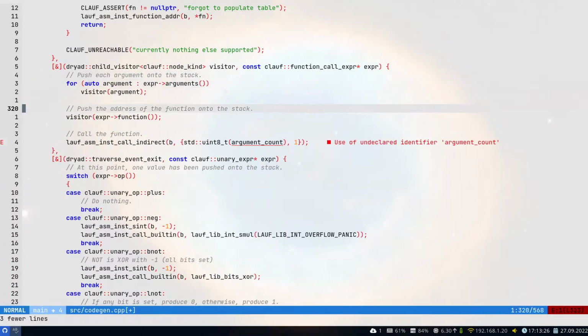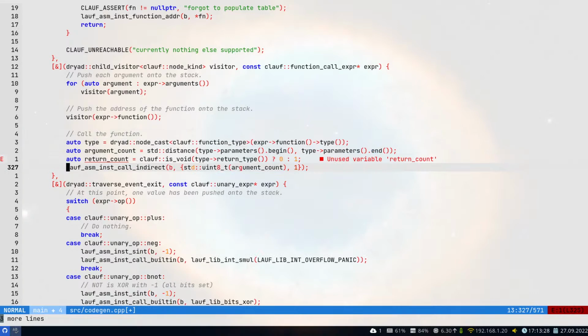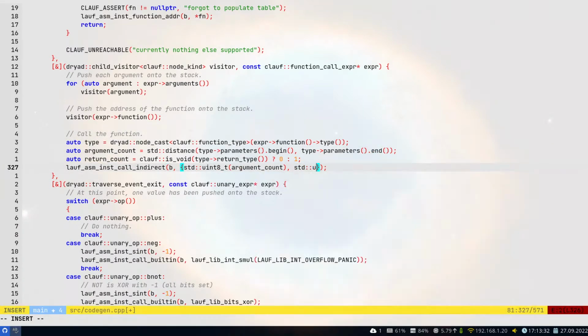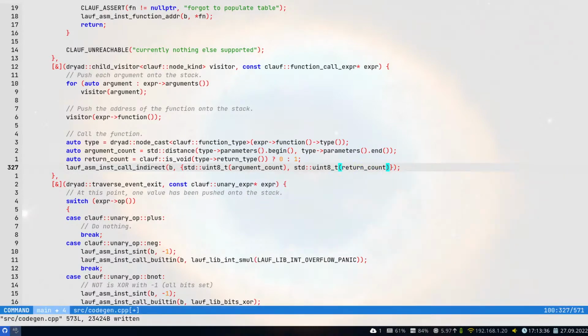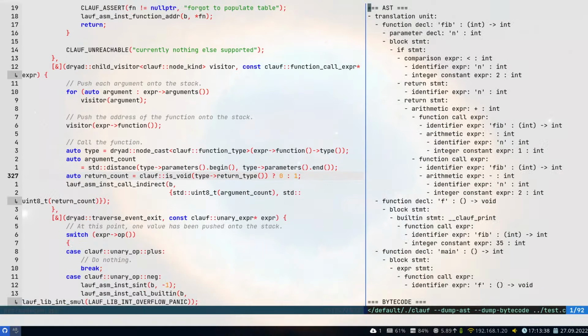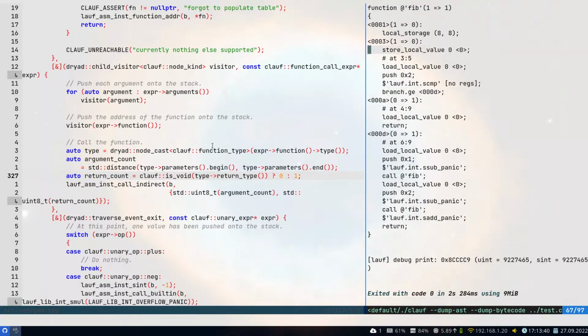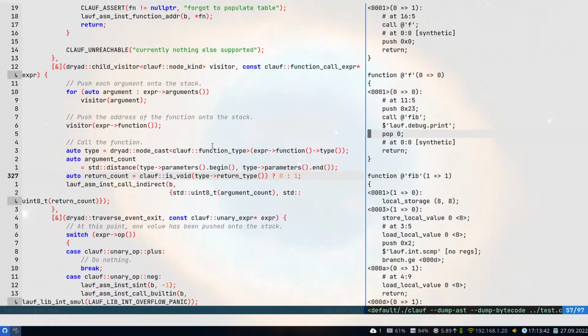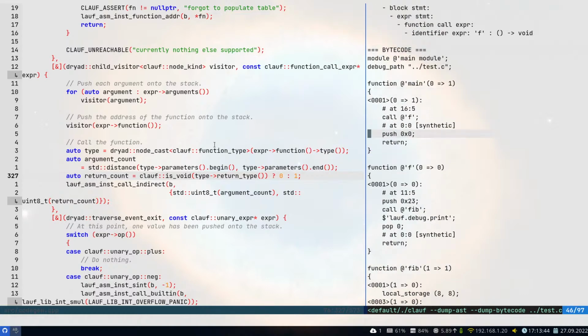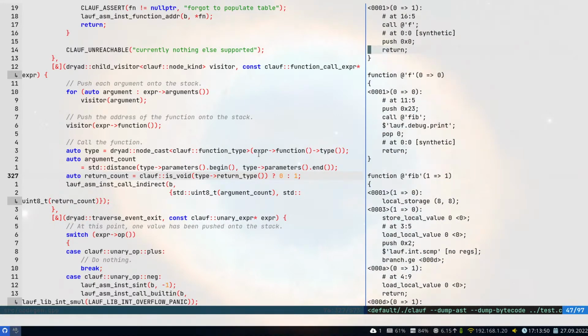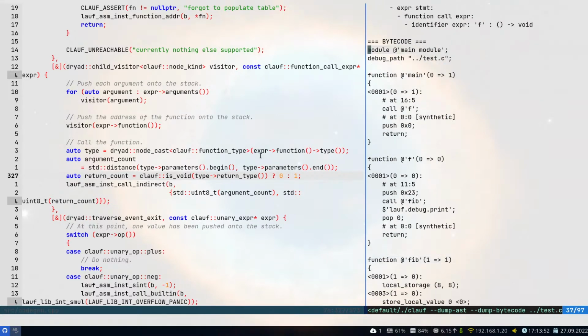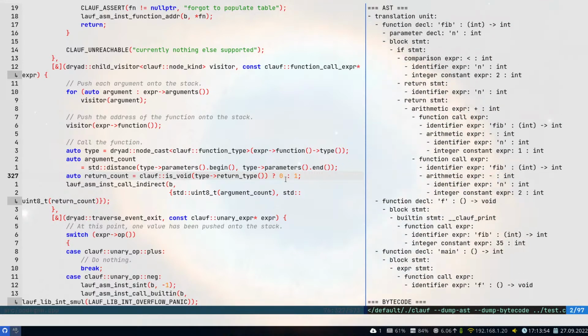Now let's do that right here. Okay, so the argument count, and then instead of hard coding 1, we use our newly computed return count. Okay, and now we are calling our main function, which calls f, but it does not expect it to return a value, and this still works. Okay, so we are now able to use void as a return type,